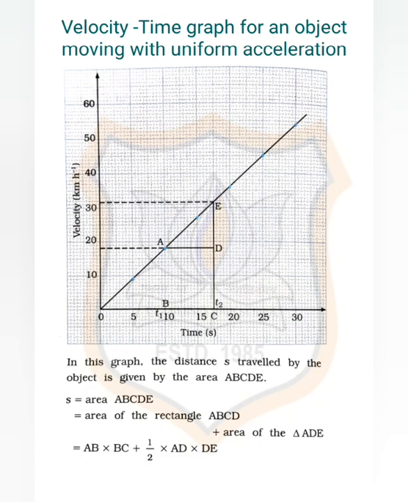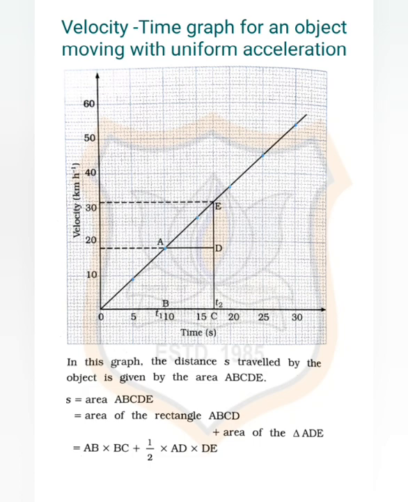Thus for all uniformly accelerated motion, the velocity time graph will be a straight line, as already shown in the figure. Now we can also determine the distance moved by the car from its velocity time graph. The area under the velocity time graph gives the distance, the magnitude of displacement, moved by the car in a given interval of time. If the car had been moving with a uniform velocity, the distance travelled by it would be represented by the area ABCD under the graph.